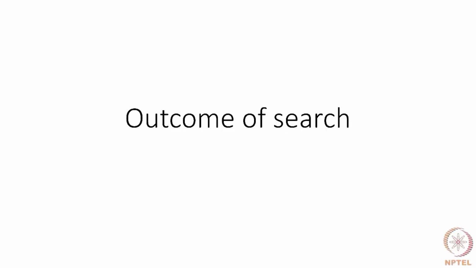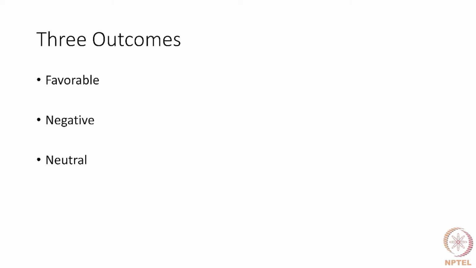Outcome of search. Once a search is done, there could be three possible outcomes to that search. One, it could be a favorable outcome where you communicate to the client that the invention is patentable, or it could be a negative outcome where you communicate to the client that the invention may not be patentable. You do not say that the invention is never patentable, or that the invention cannot be patented. You always cautiously describe your